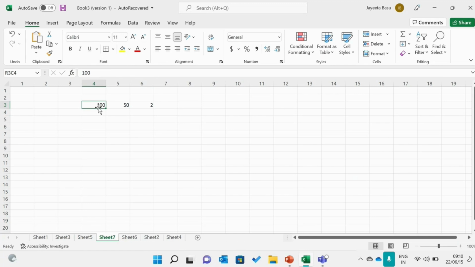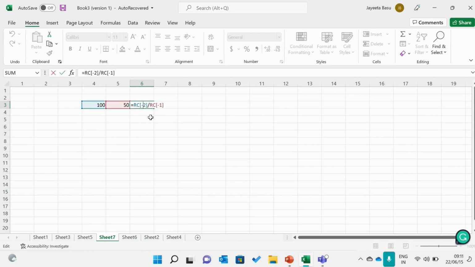So here, this one equals to this one, and you will get the answer as well. So this is how you can do division in Microsoft Excel, right? Another way to do it is,